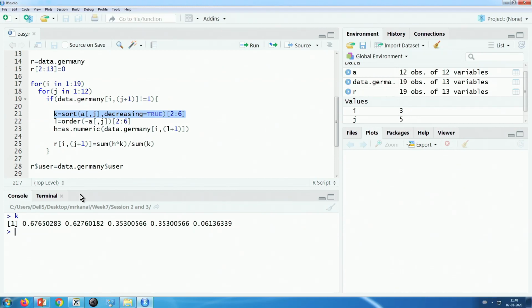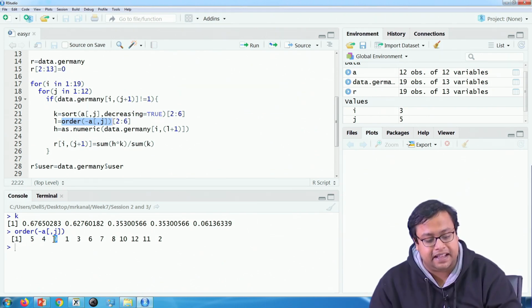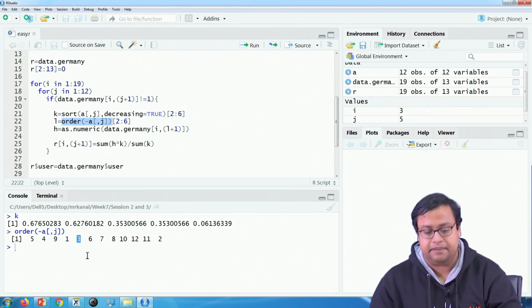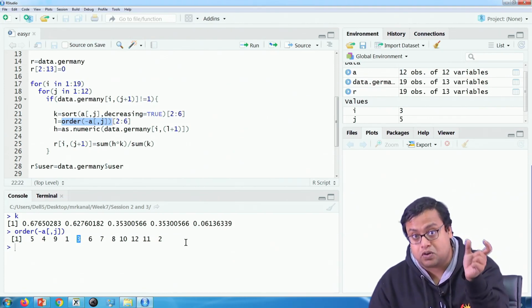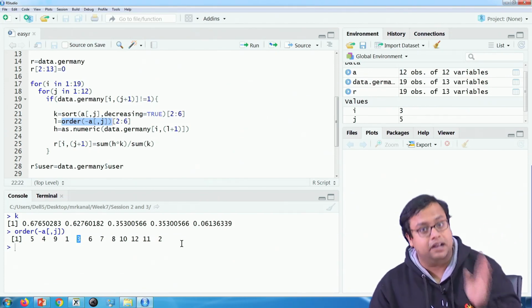And if I want to find the order, meaning the serial numbers, the order of minus A j will give me that. The fifth item is most similar to the fifth item, then the fourth item, then the ninth item, then the first item, then the third item, and so on. So, this is the order, not the similarity score; this is the order of the similarity score.